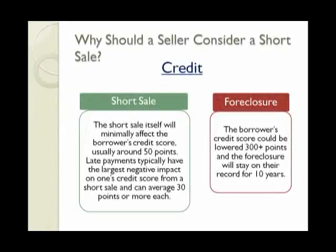Typically, a short sale doesn't have the biggest effect on a credit score in and of itself. It's usually around 50 points. Now, that can vary some depending on the person's credit history. But late payments will typically have the largest negative impact on a credit score and can average more than 30 points each late payment. That can be very, very dramatic on somebody's